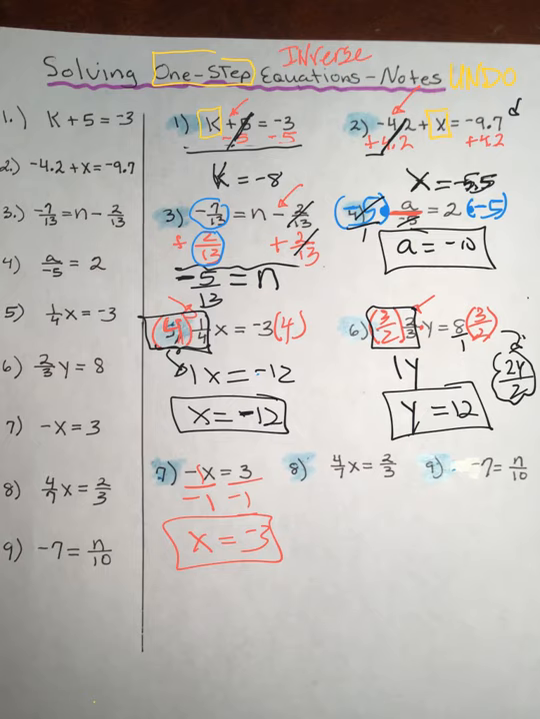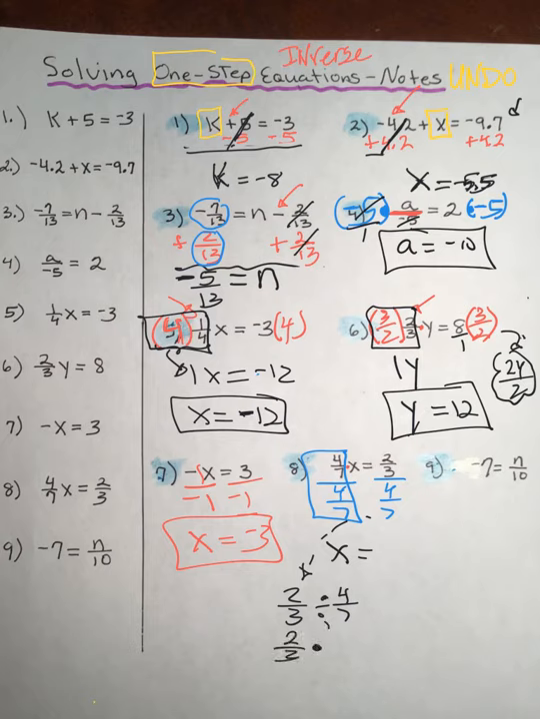And then number 8, we're multiplying by a fraction. So to undo multiplying, we can divide both sides by 4/7, because any number divided by itself is 1, and that would just leave you 1x. Then we have to come down here and we have to do 2/3 divided by 4/7. So we keep the first fraction the same, change division to multiplication as long as we reciprocate. And then when you multiply straight across, you get